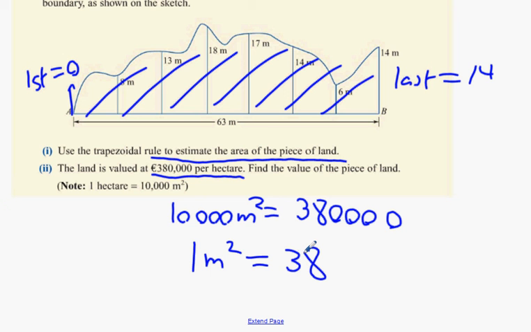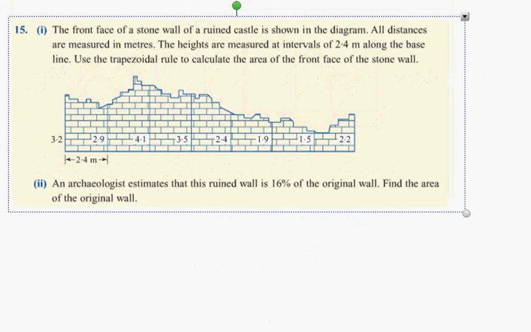Wait, am I missing something here? No, I'm not missing something, I'm grand. So, 1 meter squared is worth 38 euro. Whatever answer you get for part 1, just multiply by 38, and you'll find out how much that much land is worth. Okay? Now, I don't even think I'd need to